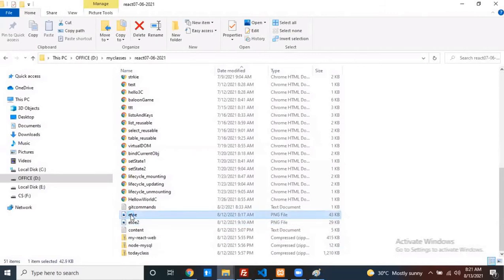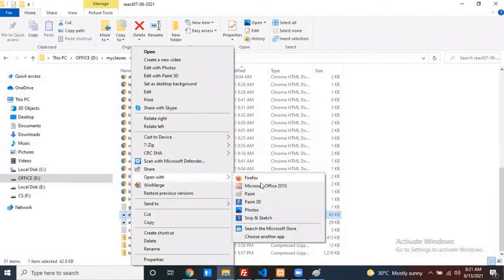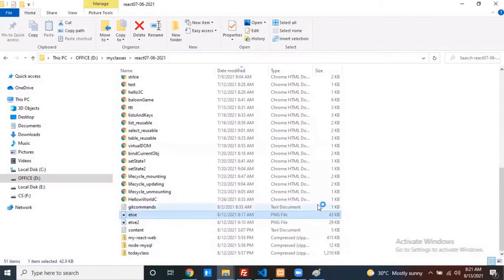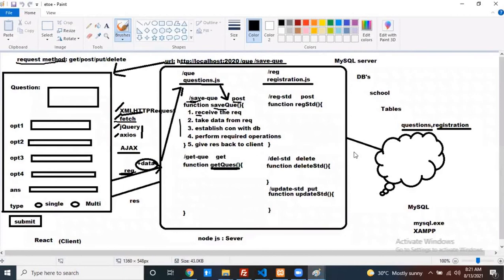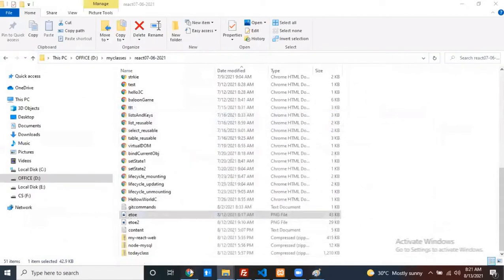Now already you created a MySQL database. Okay, MySQL server contains databases, the database contains tables. That one you already created. Now if you come here, in the MySQL server, you created databases. Which database did you create? One school database. Inside the school database, you created tables. Which table did you create? Questions is my table. Already you created it or not? So that you can check it in the graphical user interface.